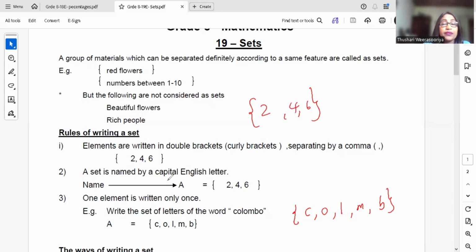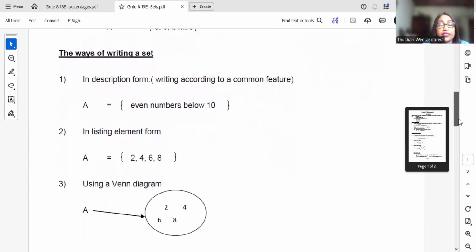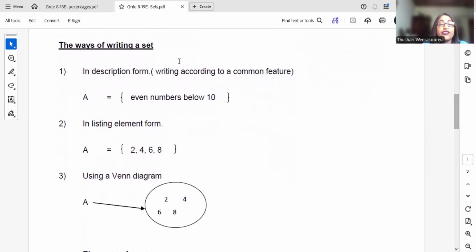Now we go to the ways of writing a set. To write a set, there are 4 major ways, but in grade 8, we are learning only 3. In grade 10, we learn the 4th way. The ways of writing a set. First one, description form, writing according to a common feature. By looking at the feature, we can write even numbers below 10. That is in word form. Listing element form: